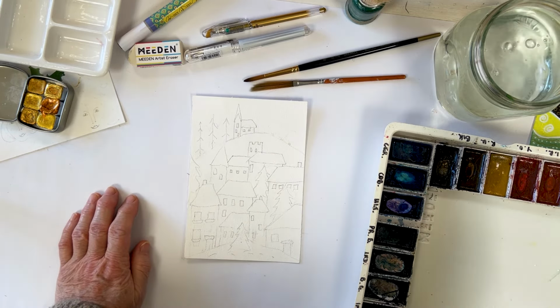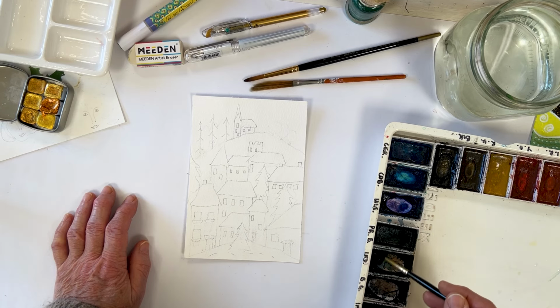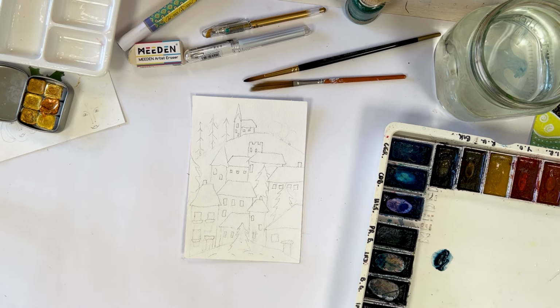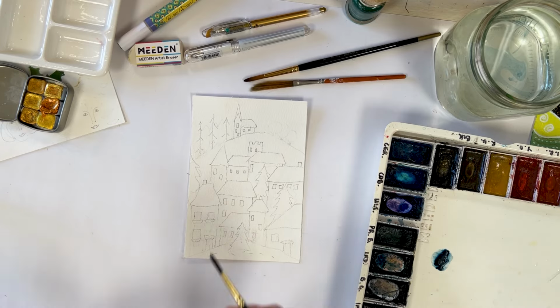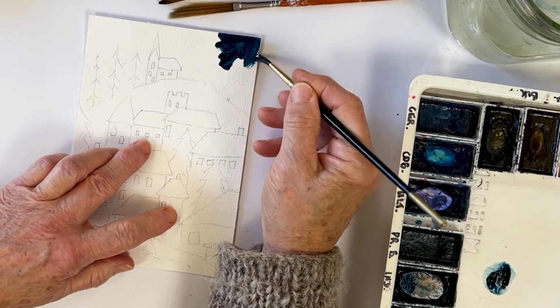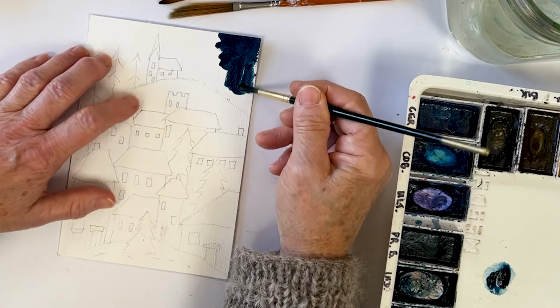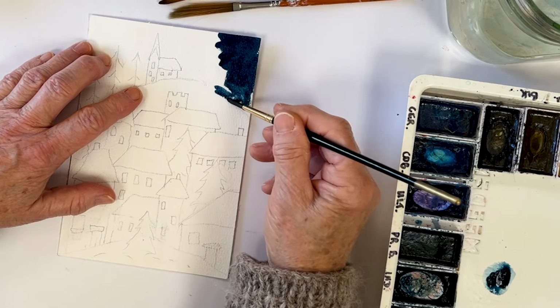I'm going to paint the sky as dark as I possibly can using my Kuretake colours. And I think, without going to black, indigo is probably going to be the best. I haven't activated these paints yet. I haven't used them since I came back from Egypt, which means I haven't used them since I went, which was on about the 13th of October. And still they are fine. They haven't dried out or anything like that. So I'm just going to pick up lots and lots of very dark, rich indigo colour,